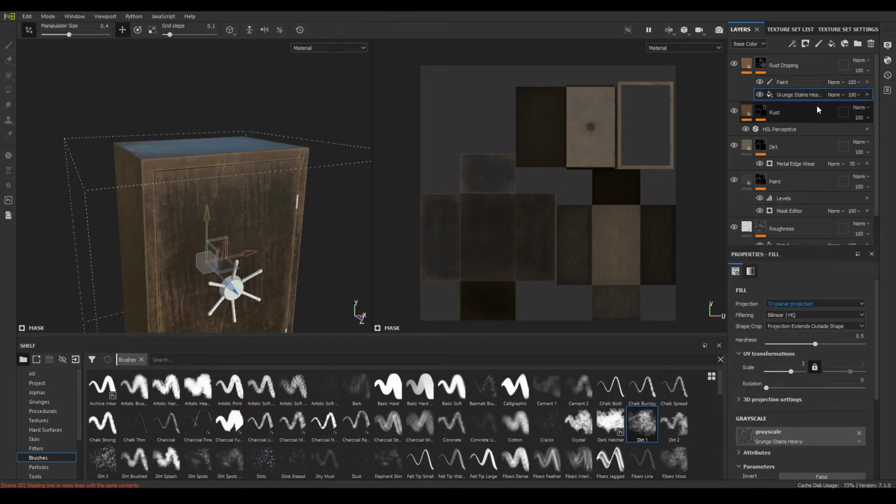Now go back to your grunge stain heavy and change the opacity to 40.